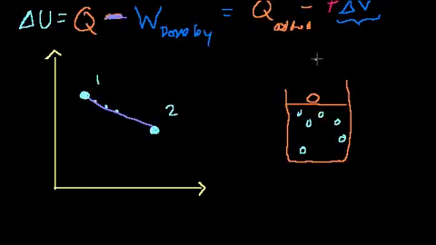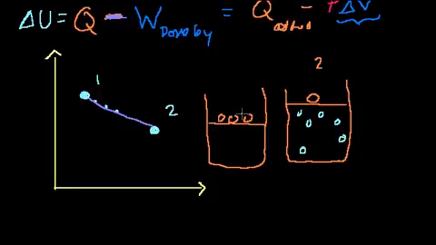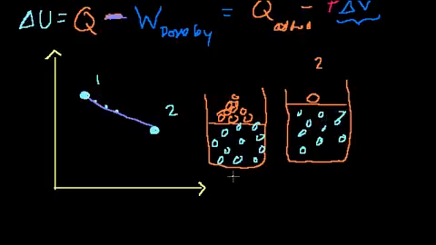This is state 2. And let me write, state 1 was something like this. State 1, the ceiling was lower. We had a bunch of pebbles on top of it. And we had a smaller volume, and so the gas was bumping into the ceilings and the walls and the floor a lot more. I should draw the same number. So we had a higher pressure. So pressure was high,